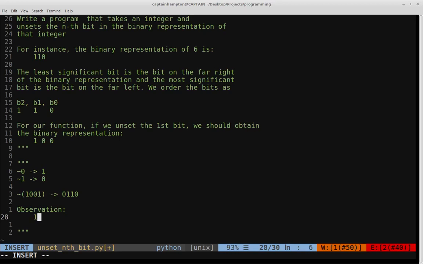So let's take something we're familiar with, where we shift over 1 by 0 to the left. We know that this can be represented by the following binary string. We have the binary representation of 1, which is 1 on the far right, and then a bunch of zeros. And we shift it over to the left by 0, so that's really the same thing as just the binary representation of 1. Now, if I take this entire thing and I apply the bitwise not operation to that,